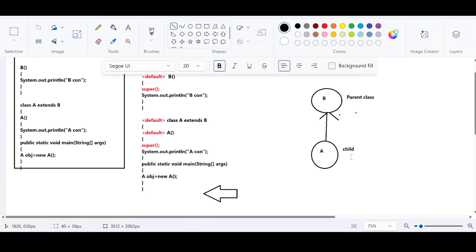Or else I can say that with respect to class A, B is the super class. With respect to class A, B is the base class. With respect to class A, I can use this one. Now, if you see,